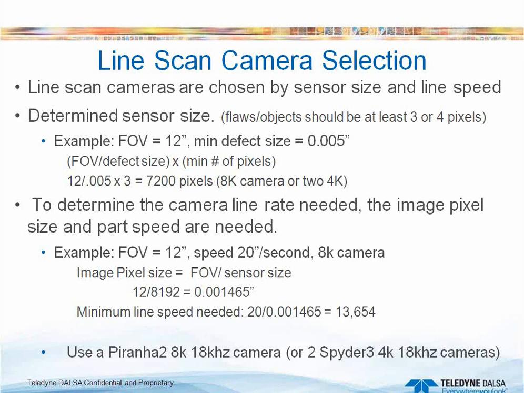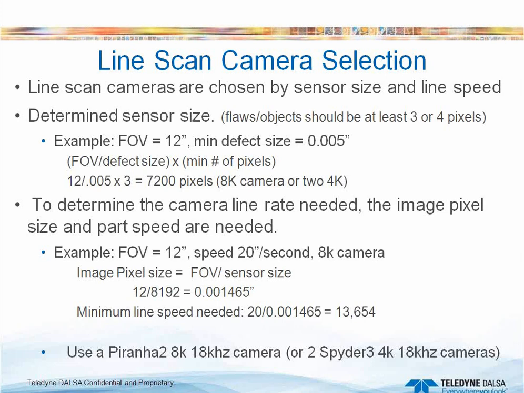covers at least 3 to 4 pixels. So if we take a look at this example, we're going to have a field of view of 12 inches. And our minimum defect size is 5/1000ths of an inch. So calculate the field of view over the defect size times the minimum number of pixels, which we'll do 3 in this case. And in this example, we got a total of 7,200 pixels. So the next camera closest to the resolution would be an 8K camera, or you can split it into two 4K